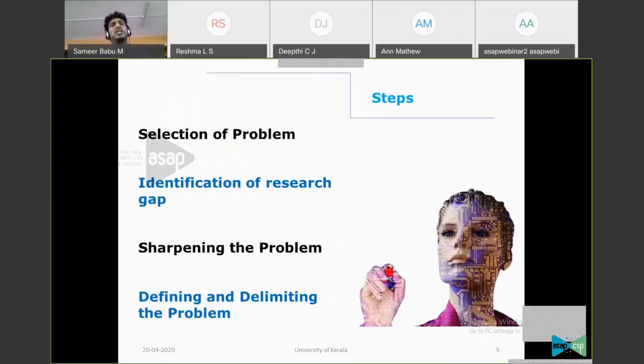We have just had a discussion on how to select a problem. Why are we searching research literature? That is another concern for me: how to select related literature. We have already discussed this. Then we use this literature to identify the research gap. If somebody else has already carried out research, then why do I research on this specific topic? It's a waste of time. It's duplication. So I have to pinpoint what I have to do further that has not been studied by previous